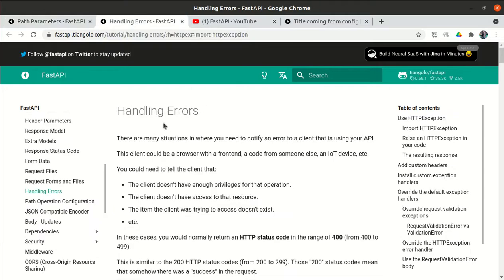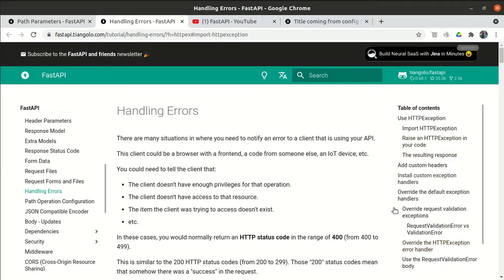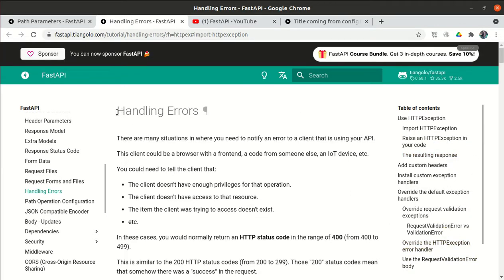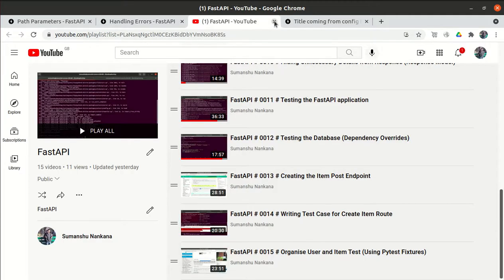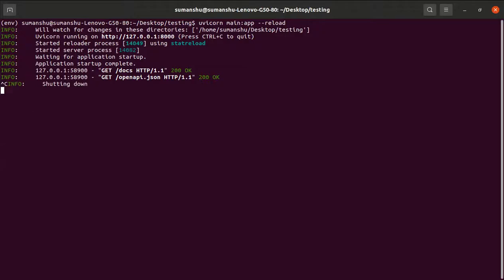Similarly, for handling errors, there are a lot of things we need to know, but we will first see the very basics. Once our base is clear, then we will look at the advanced concepts as well. So let me close this and terminate the application.